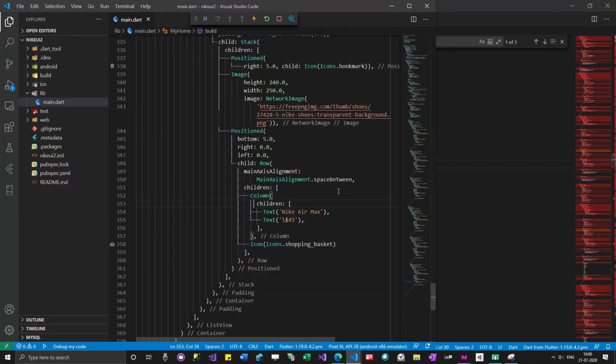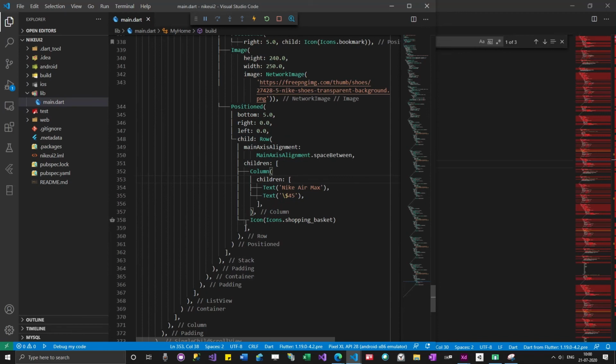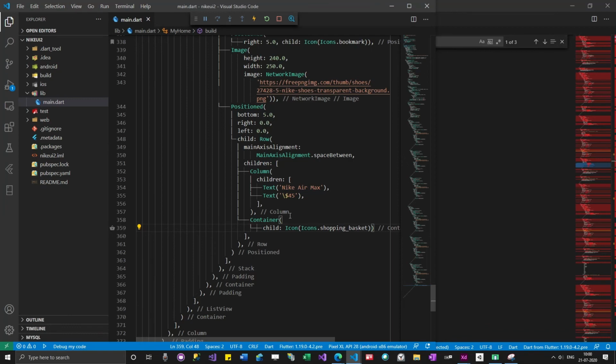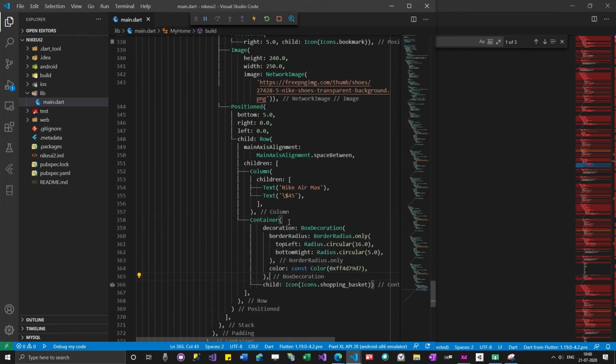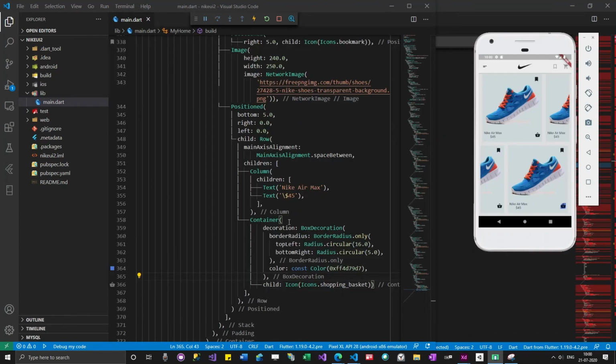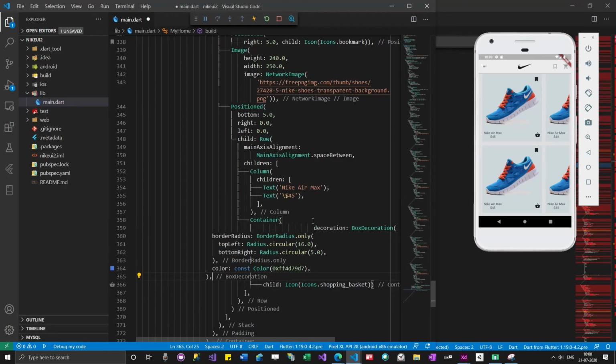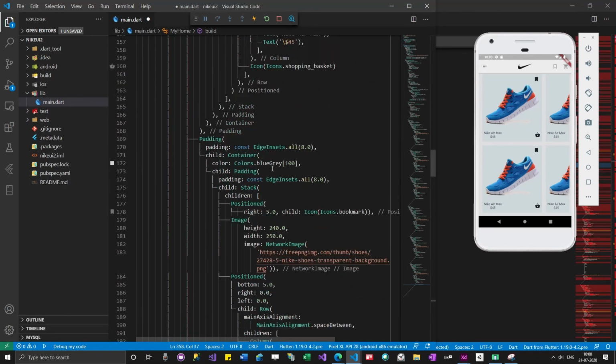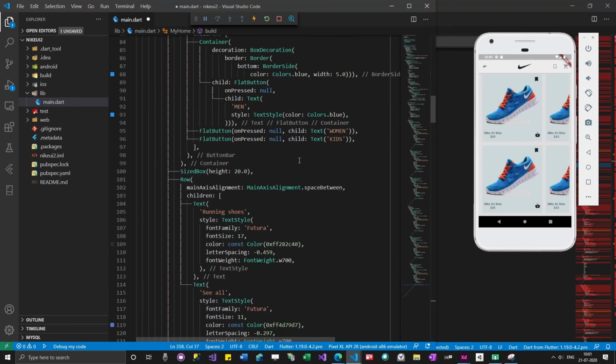Okay, let's not copy. So this is the icon, right? I'm going to add a container and then take this decoration part. Let me not do it here. Let me move to the top of the code.